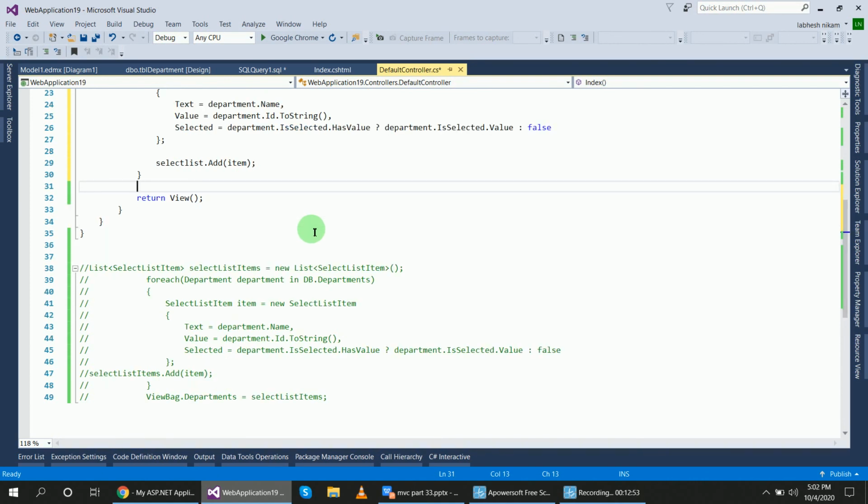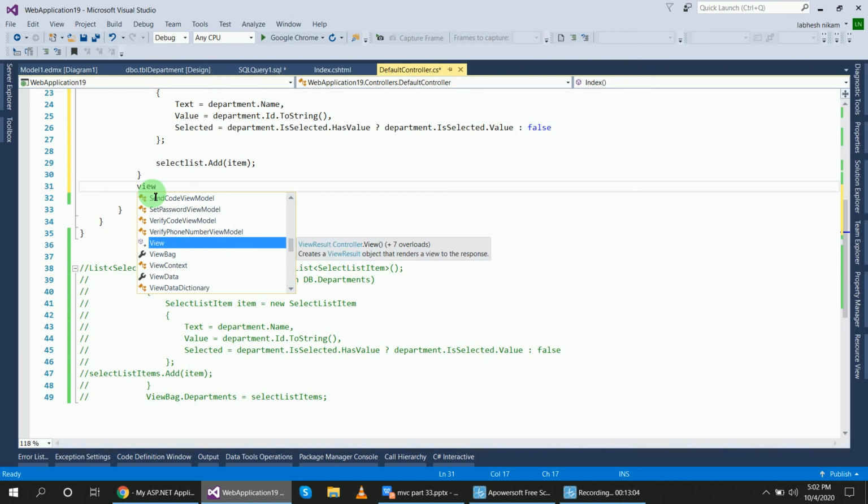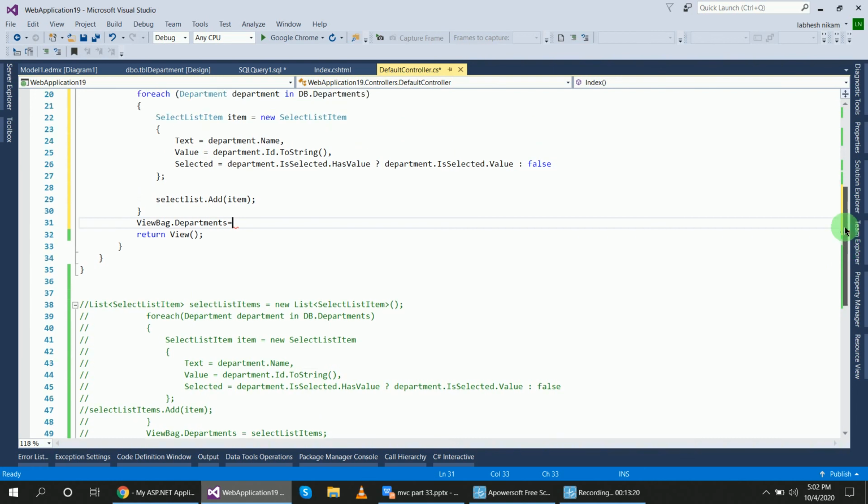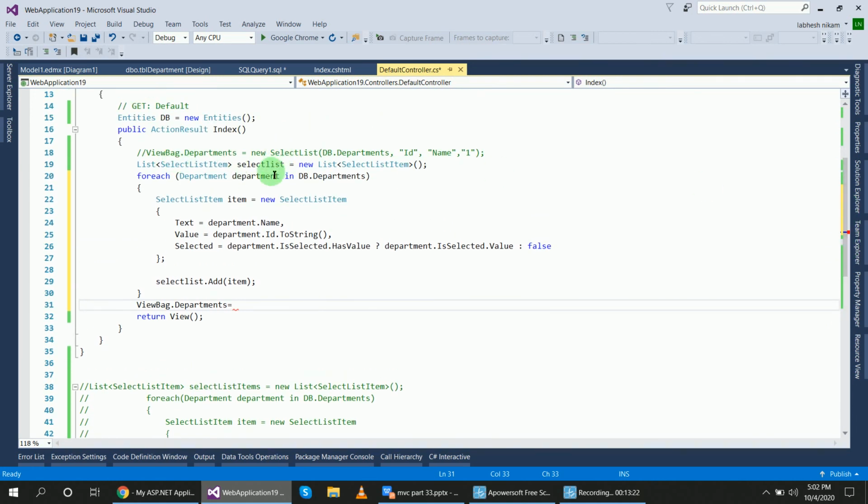Now you will add ViewBag dot the name of the drop-down list, ViewBag.Departments equal to the list of SelectListItem.